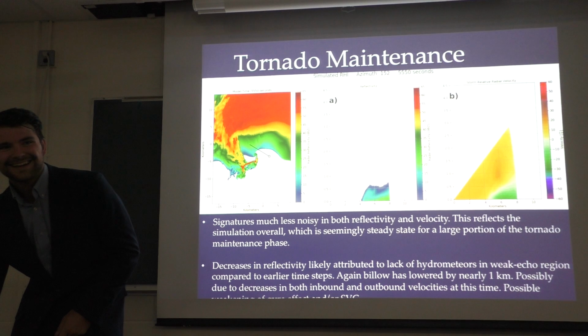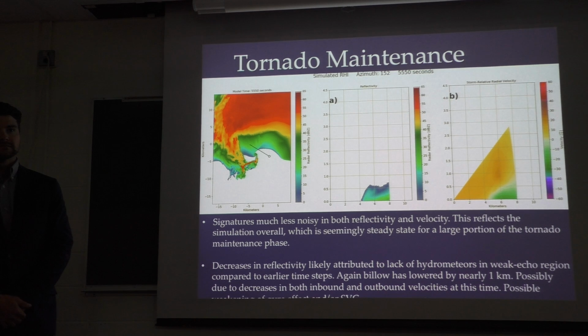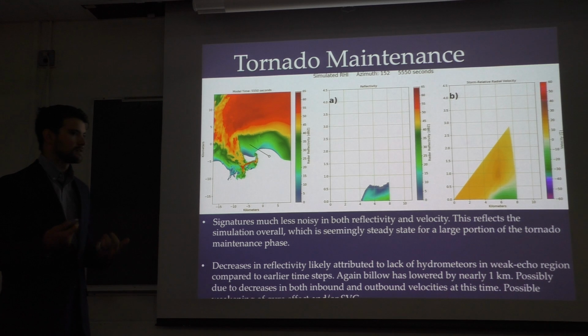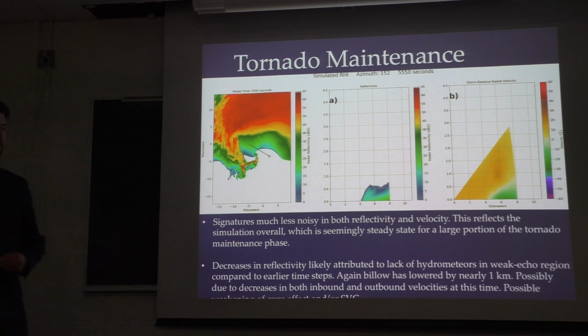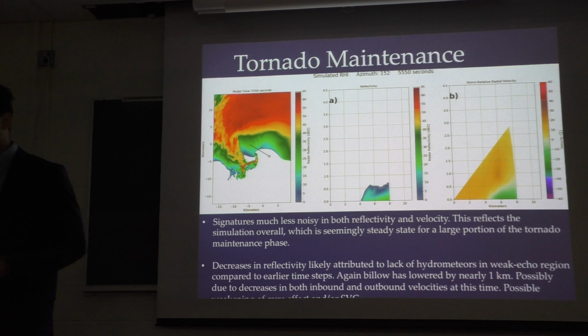Yeah, but things have kind of conglomerated in your prior set of slides, right? There's a whole line of little vortices and streamwise vortex tubes that are connected to them, and suddenly when you get your tornado, they're all consolidated into one. I mean, that does sort of suggest that things have quieted down. They've kind of filtered through all the noise and found something. Right, and we don't see the mesovortices along the SVC like we did previously. A lot of the vorticity that feeds the tornado once it gets going is actually coming from out here in those vorticity tubes that I pointed out earlier. Yeah, it's really interesting. It's very smooth and very steady once the tornado gets going.